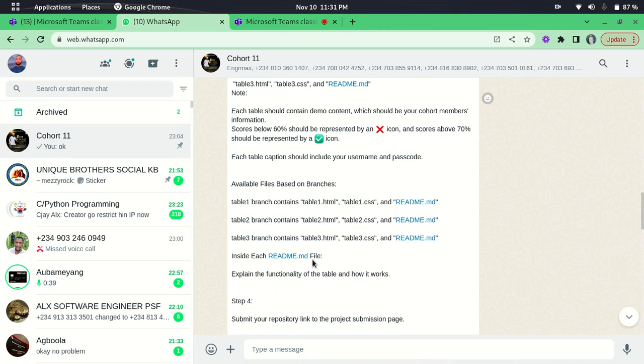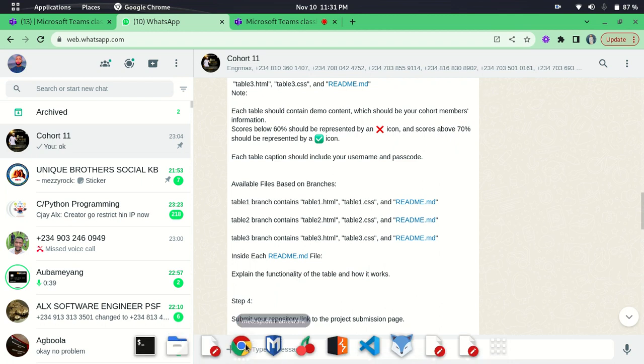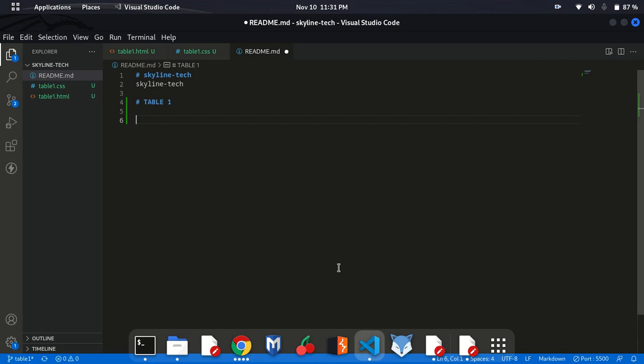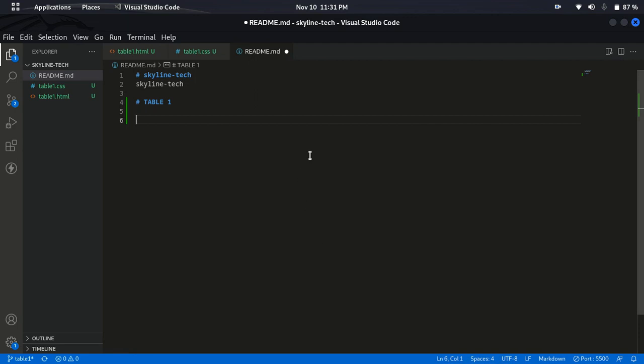Okay, inside the README file, explain the functionality of the table and how it works. Inside each README please say something. Let me type. Okay, this table one contains